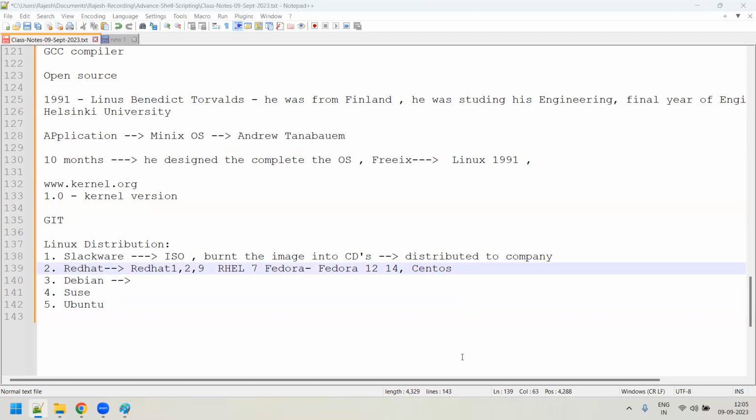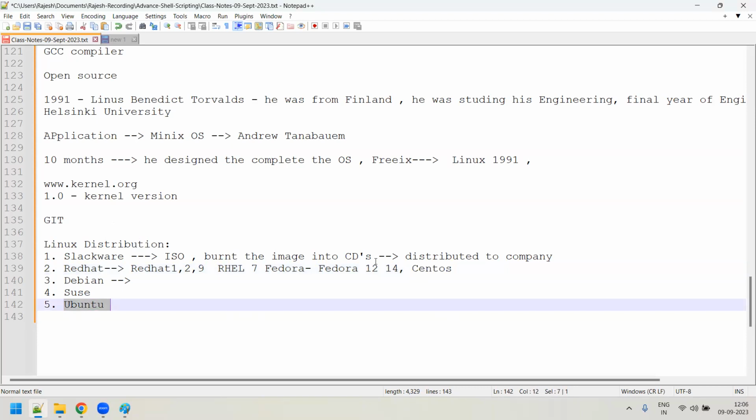But as I said, guys, CentOS is not, I mean, the support is gone now. You will see within another 2-3 years, it'll be obsolete. So no one will be working on CentOS because almost the support is stopped now. Nobody is doing any kind of development activity on CentOS. Clear? So in our sessions, we'll be using CentOS 7.9 and we'll be using Ubuntu 22 version. These are the two flavors of Linux which we'll be using.